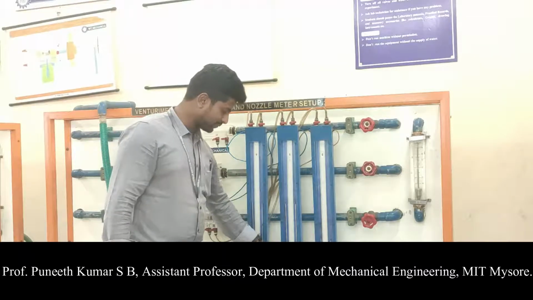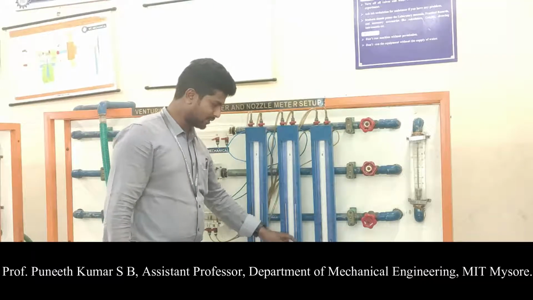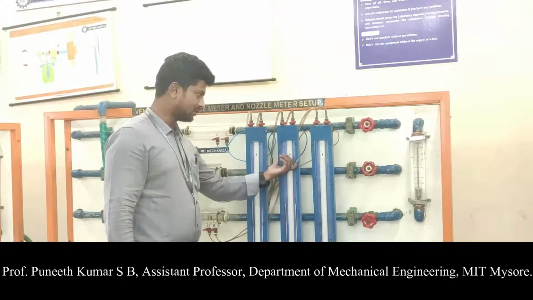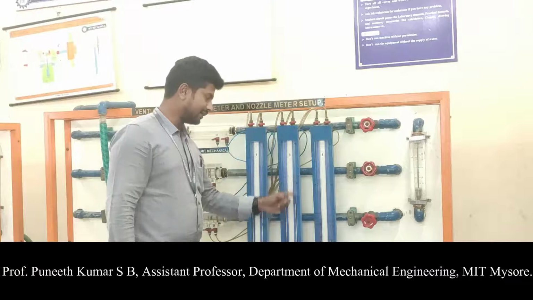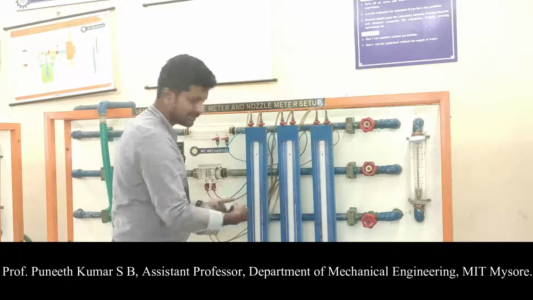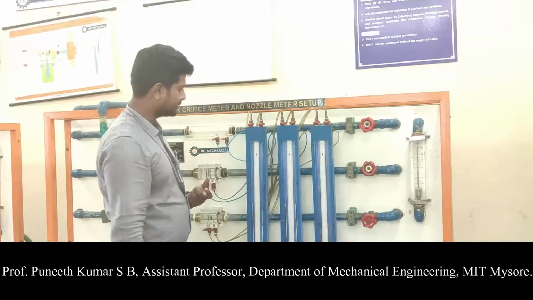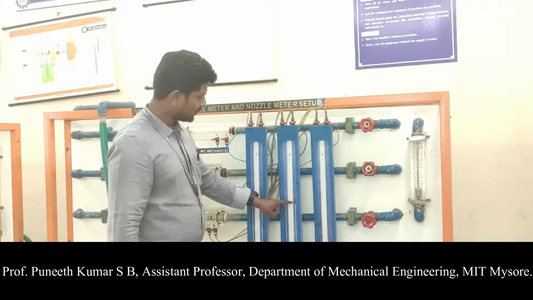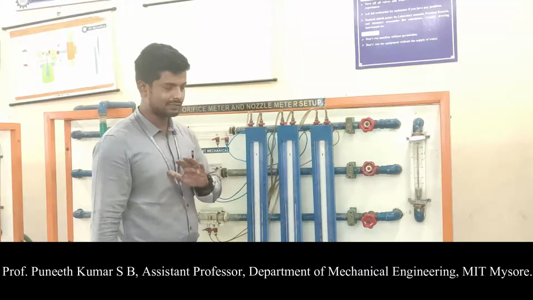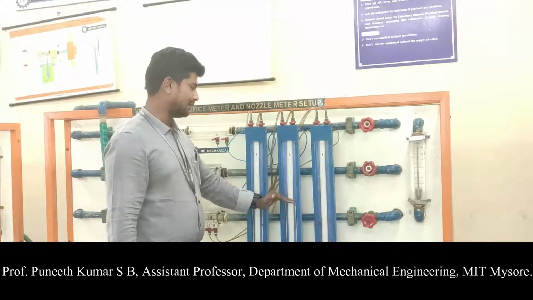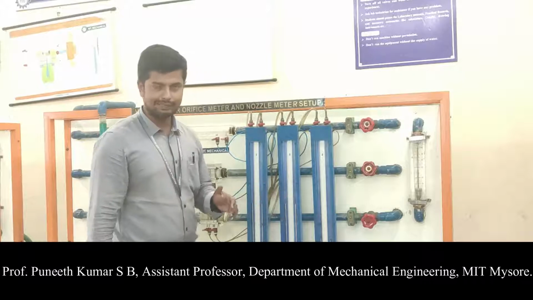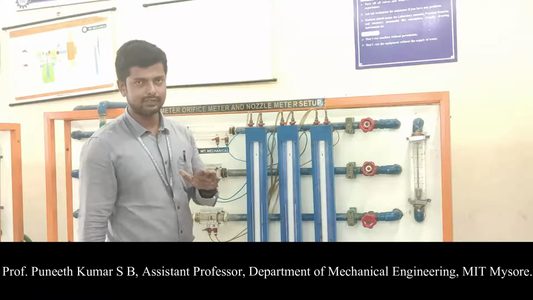The tube cannot be seen here, but if you have the top view of this device, you can see that it is clearly visible. It is a U-tube. That means this and this tube are connected in a U shape. At present, the mercury is in its default position, which means the left and right limbs are both at the same level.